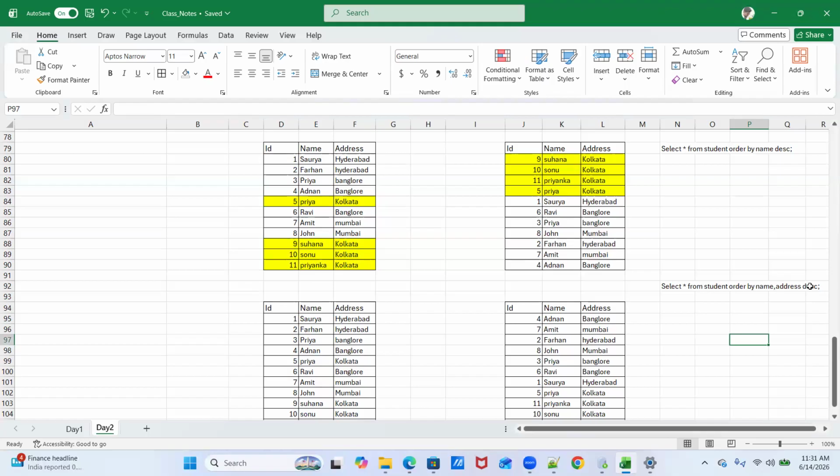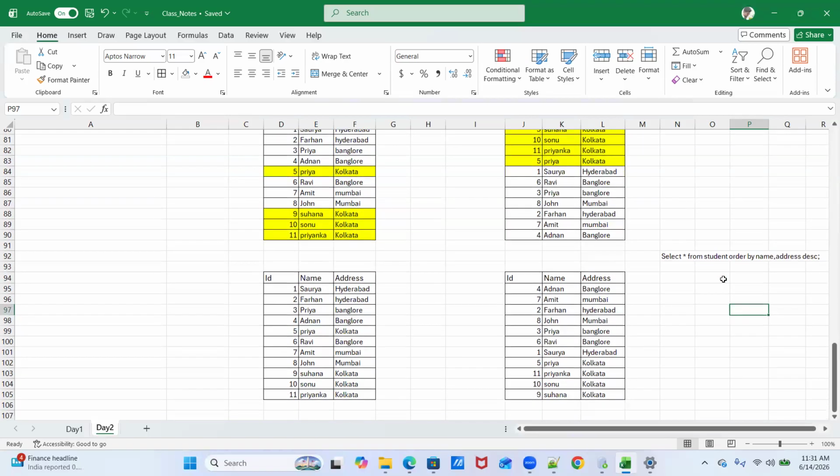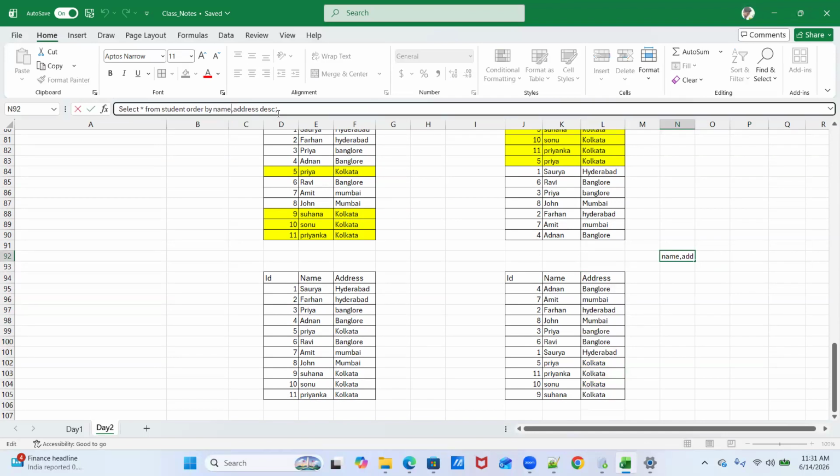So it means we are telling the SQL engine that I want to sort the data based on name ascending and address descending, because we haven't put anything after name. And if you're not putting anything, by default it is ascending.